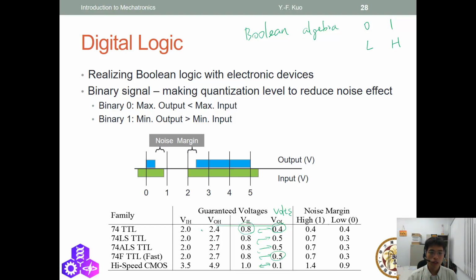And for the high voltage, it has to be larger than 2 volts. Okay, at least larger than 2 volts. So before this is high volts, or say 1, and below this it is low volts, or say 0. Okay, so when we put the components, the gates, the physical gates all together, you have